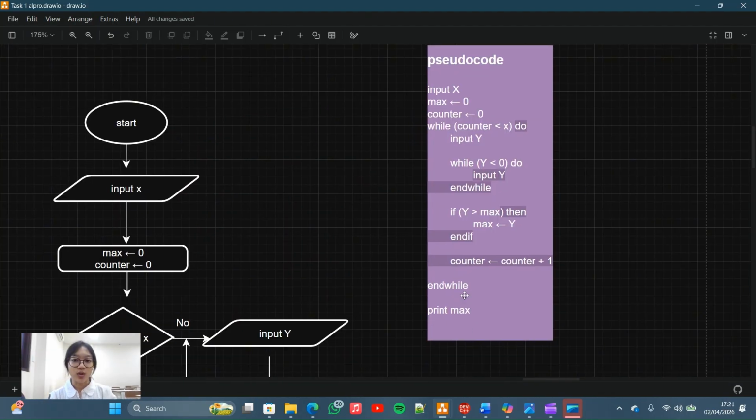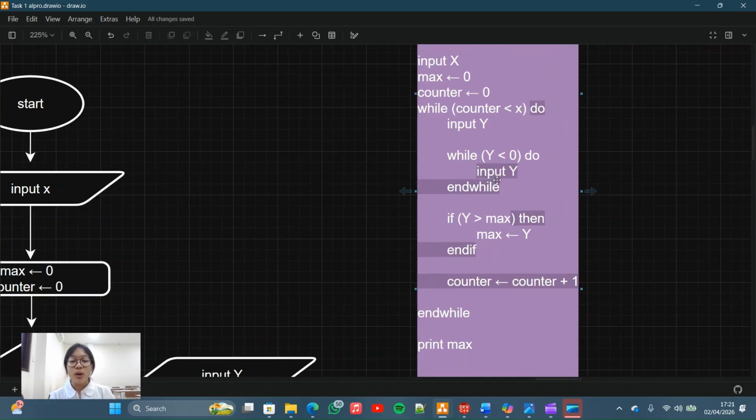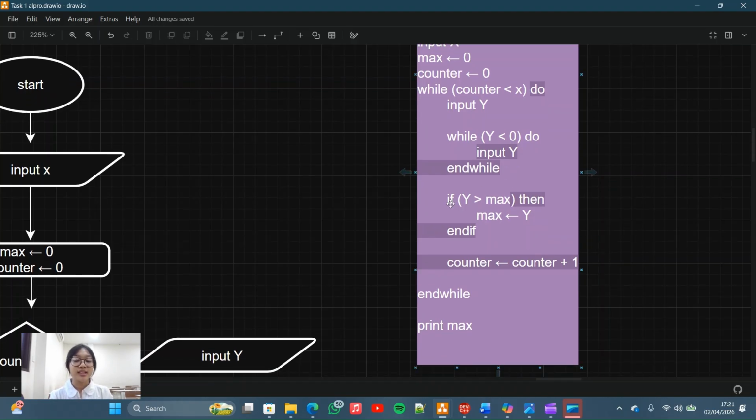So this is the pseudocode for problem number 5. First, we input x and then initialize 0 to max and 0 to counter. While the counter is less than x, do input y. While y is less than 0, do input y, then end while. In this part the program asks the user to input y again because the program will ignore the negative integer.